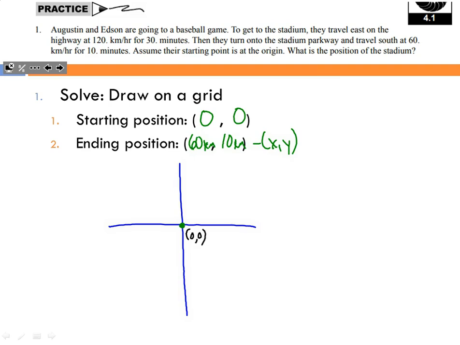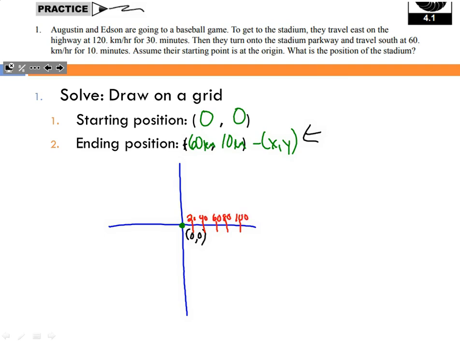Now I need to find, using my coordinates over here, it says that my x is at 60 kilometers, so if it's at a plus 60, that means I'm heading to the right. And if I'm going to 60, I am probably going to do my increments by 20. To get these good and spaced out, you should be using a ruler, but for time's sake,